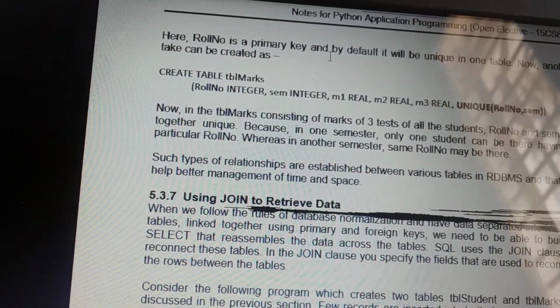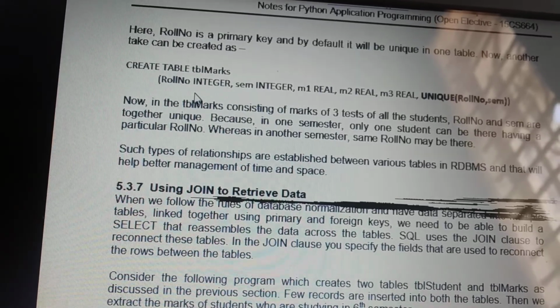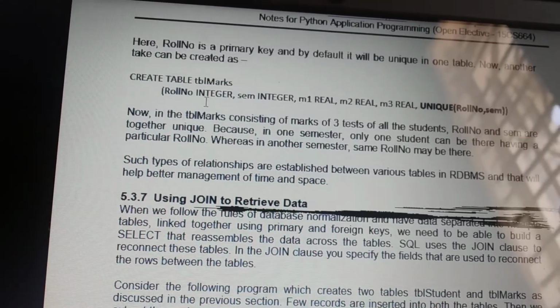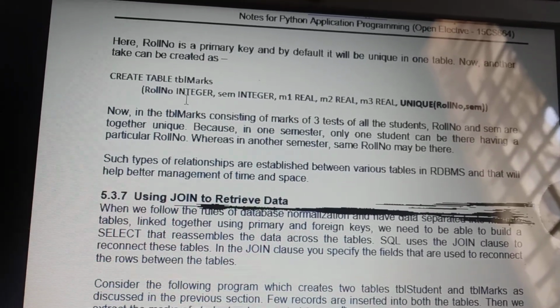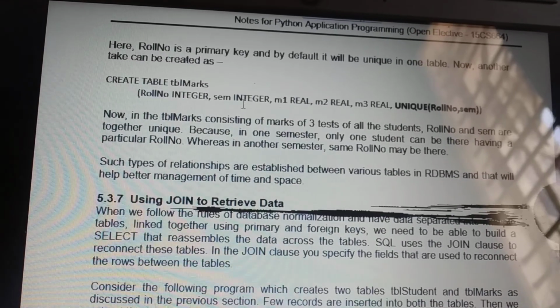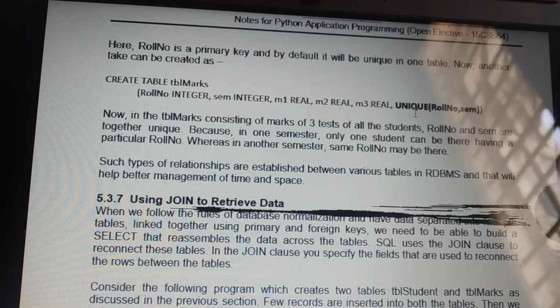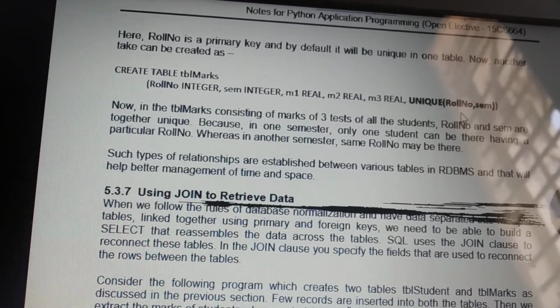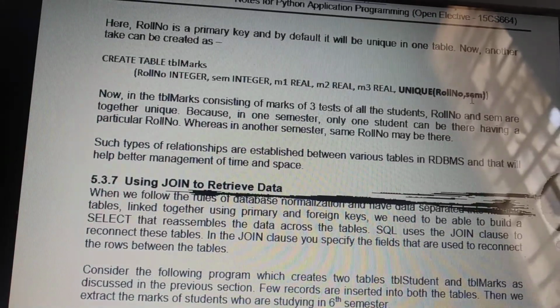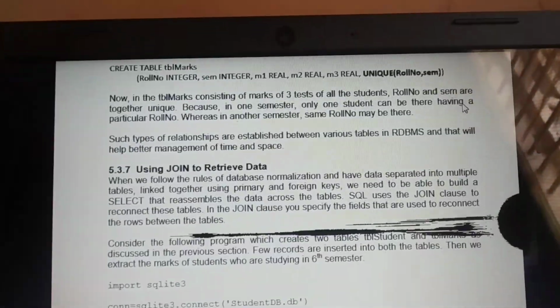Next you are going to create another table called marks. If you write one USN number, it is enough, so that if you type any USN number, it will automatically link to that particular student and their details. Next is semester, marks 1, marks 2, marks 3. And again here you are going to mention unique, which means you are going to mention a constraint for two columns, that is roll number and semester, that it should be unique. Means the roll number and the semester combination should not be repeated.